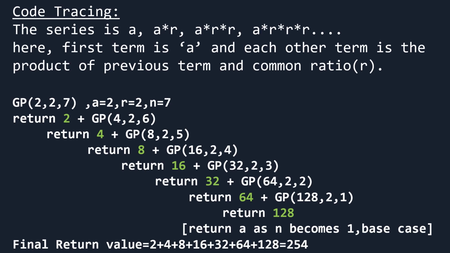So you can just think of a recursive function like this: one big box is there, and within that one more small box, and within that one more small box. Every box you have to go on unfolding one by one, and finally what is in the innermost box is just like the base case. So when your base case is satisfied, then from that point you have to go on calculating. The values will be calculated in a backward direction. So you can get the result like this: 2 plus 4 plus 8 plus 16 plus 32 plus 64 plus 128, which will give you the final value as 254.